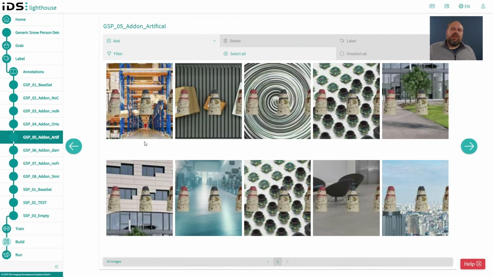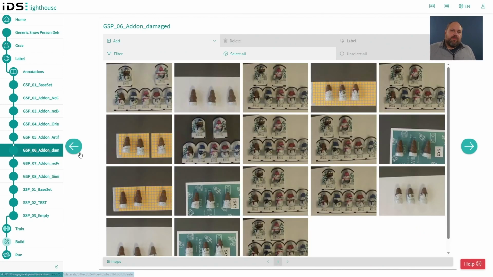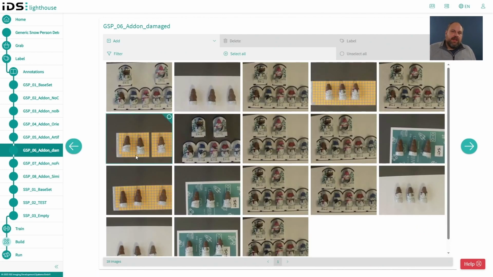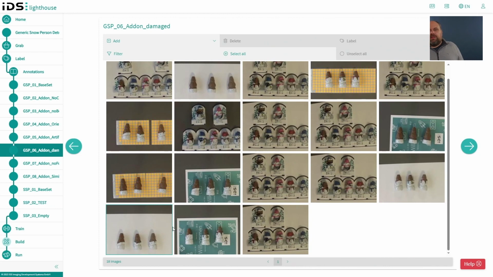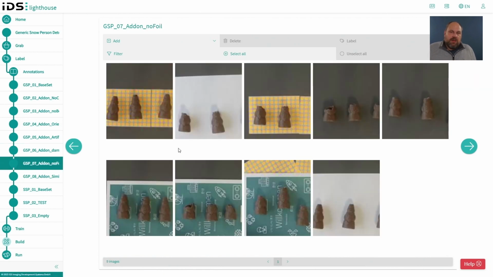Again, completely random, but this time artificially. Here we started to add the snow persons in different environments and in different states of, let's say, damage. More of that same, but this time only chocolate.